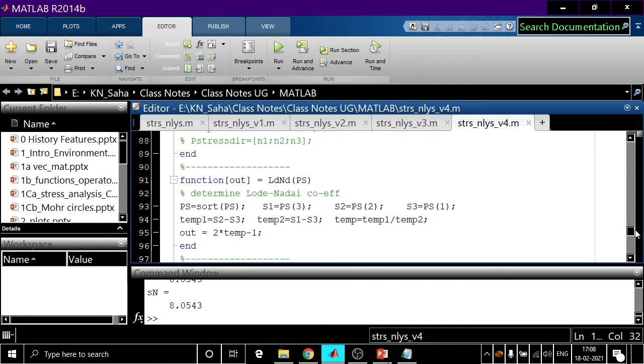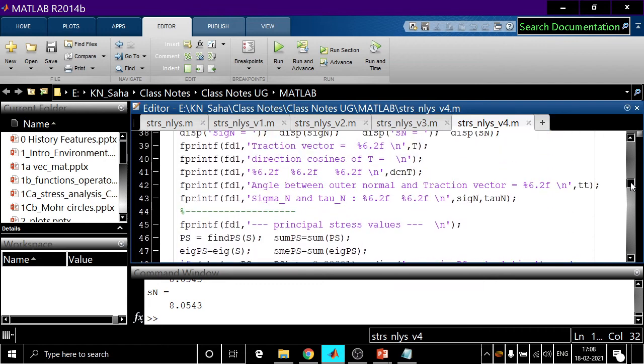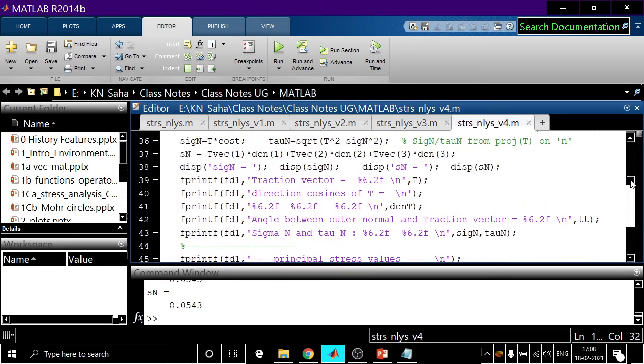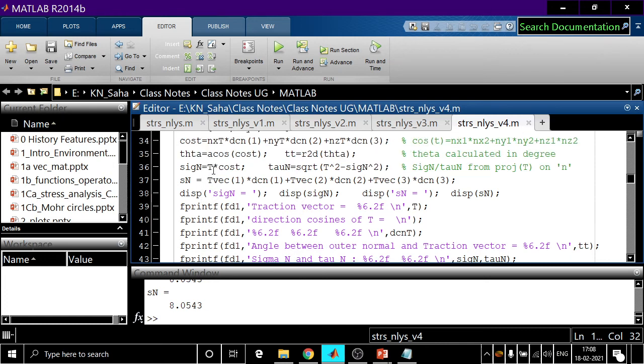So how are we getting this R to D? Where is it? fprintf theta. Where is that theta? Yes, before that. This theta is in radian, and this tt is in degree. Theta calculated in degree is stored in tt.